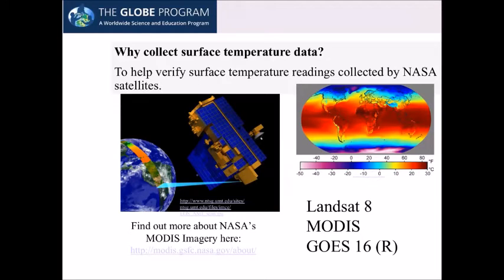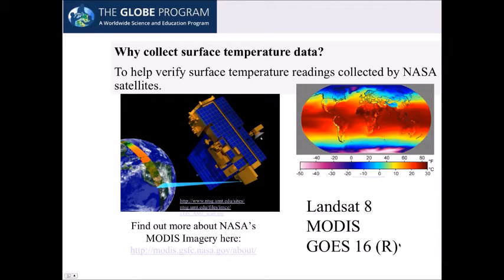And Dorothy had mentioned validating satellite imagery, the thermal sensors, and that's one thing that can be done with the surface temperature data that everyone is taking. We have Landsat 8. Actually, Landsat 8 has 2 thermal bands on it. They're having an issue with crosstalk, meaning energy from one band going to another band. MODIS has been taking surface temperature observations since '99, so it's been a very dependable sensor. It's on 2 satellites, Aqua and Terra.